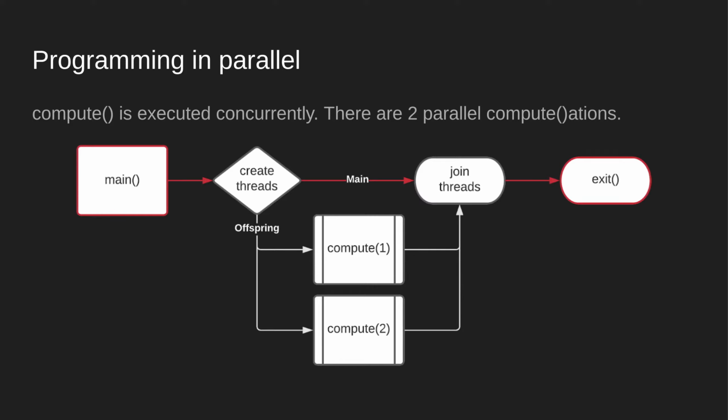And here's what that same program would look like in parallel. Here you have the main program, it starts, and instead of doing a computation, it creates two threads, and each thread has one computation going. What's important to note here is the join threads step. The main program, the main process, has to wait for the computations to finish, and that is symbolized through joining. This is called the fork-join model of concurrent programming.